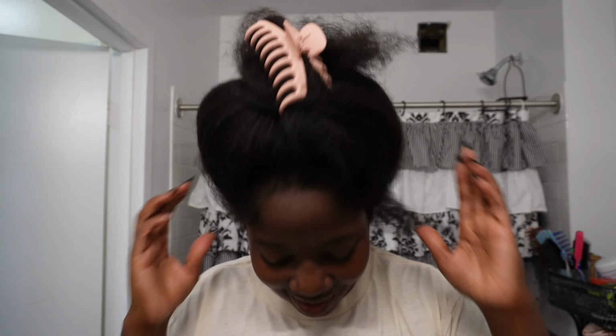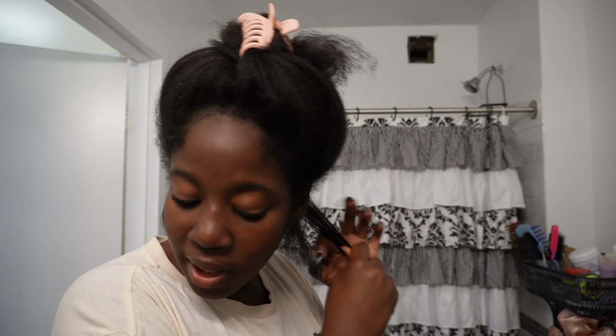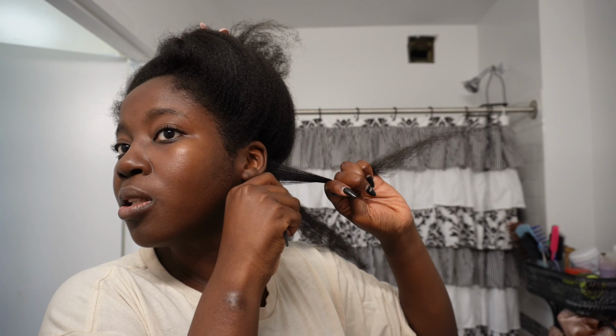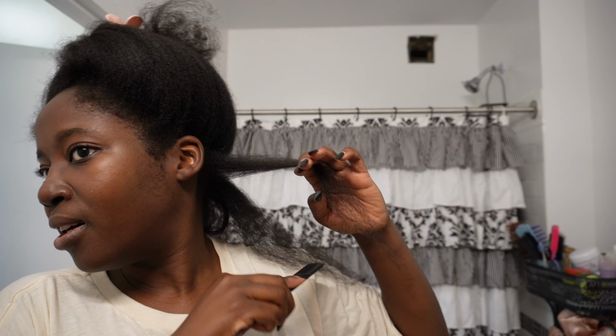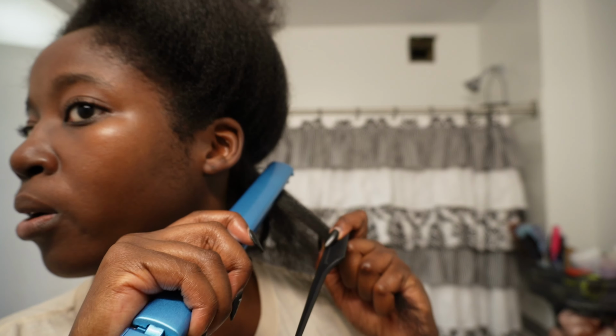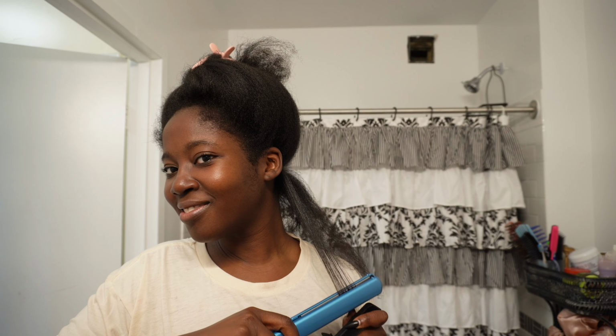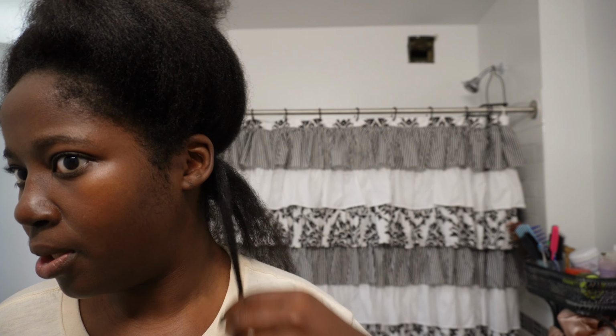Can y'all hear that car? Like, New York is so loud. Okay, so I added a new layer. I'm gonna take smaller pieces because I think I made it too thick, the width of the section, but I'm not gonna redo it because, again, I don't really know what I'm doing. It could be totally fine, okay? And bring it down. I'm kind of proud of myself, guys. It feels so good. Looks like I need a trim though, but